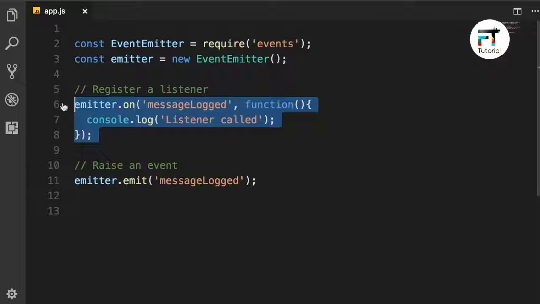And of course, the order is important here. If we registered this listener after calling the emit method, nothing would have happened. Because when we call the emit method, this emitter iterates over all the registered listeners and calls them synchronously, okay? So this is the basics of raising events and handling them using the